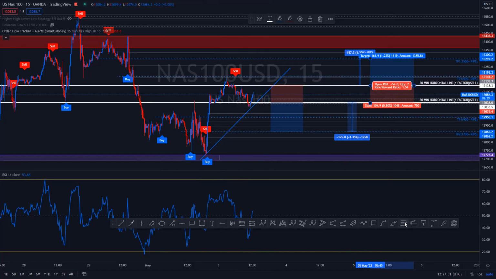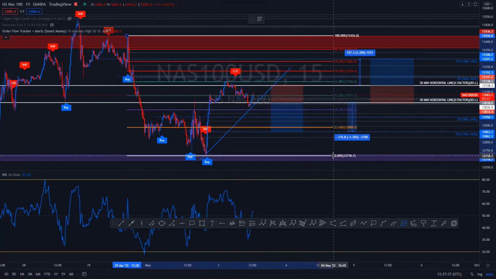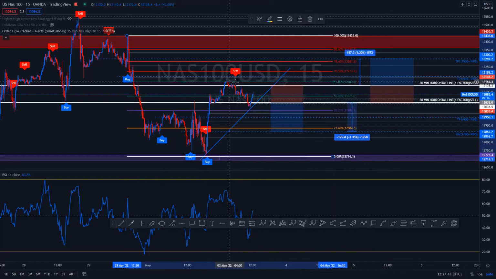But judging by the fib here, go all the way down here. Price is retracing back at the 61.8. So it could be a possibility that price might come back and maybe test up to here and then drop. Or